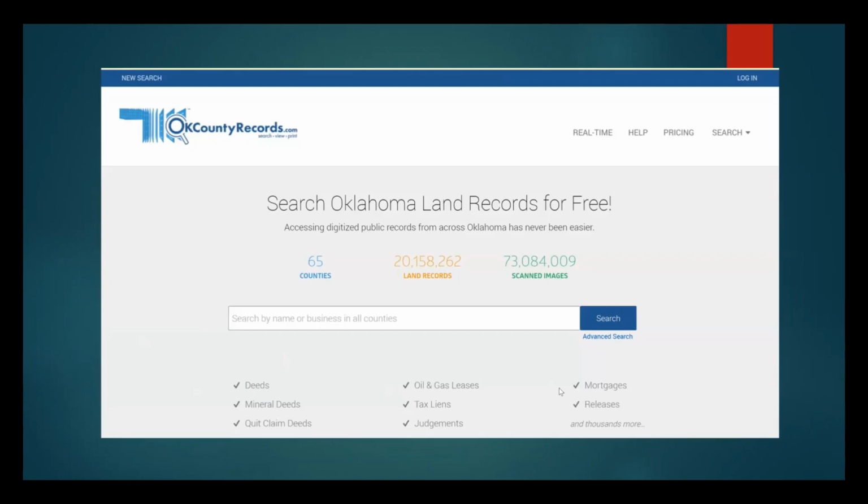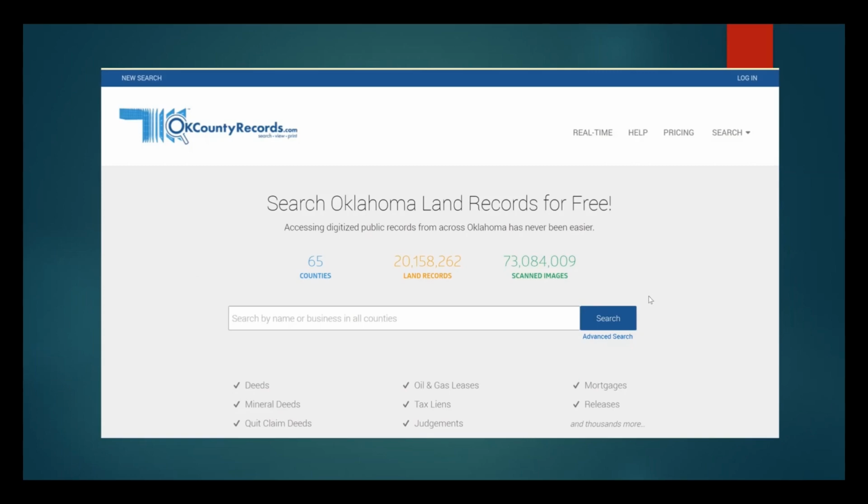This is the Oklahoma County Records website, and we'll go to the live page here in a minute, but I just wanted to throw that in. And you can see down here at the bottom, it shows types of documents that you'll find. An interesting type of document that I love to find in land records is an affidavit of surviving joint tenant, because it tells me when the other party died, and guess what's attached to an affidavit of surviving joint tenant? Death certificate.